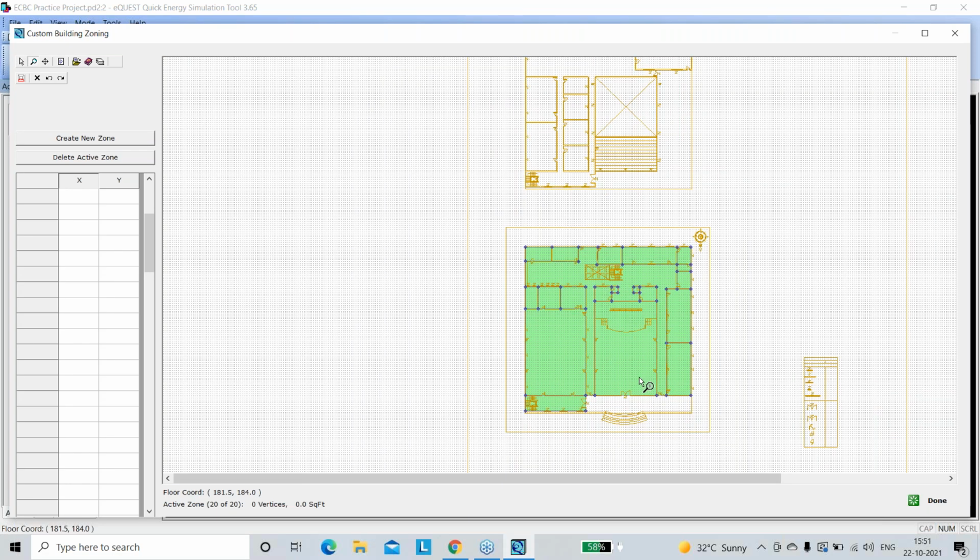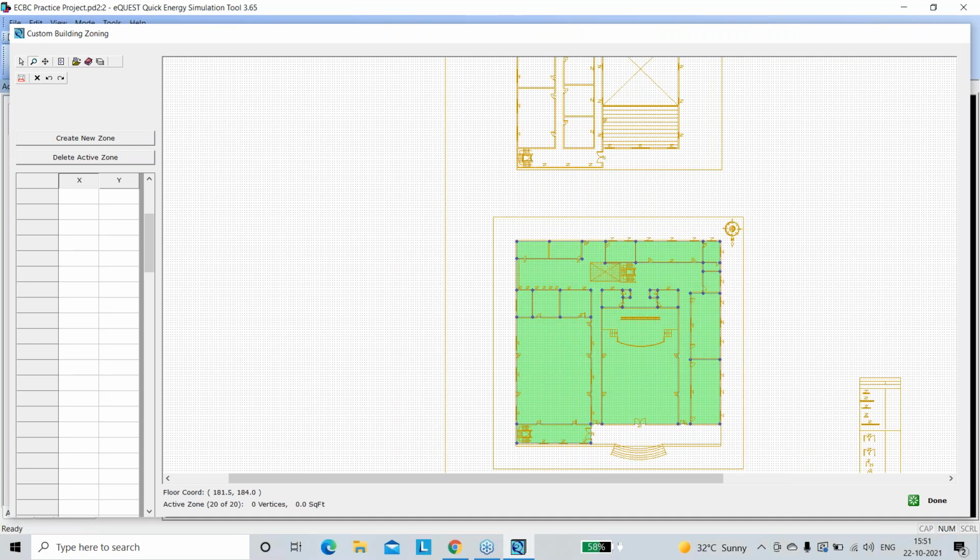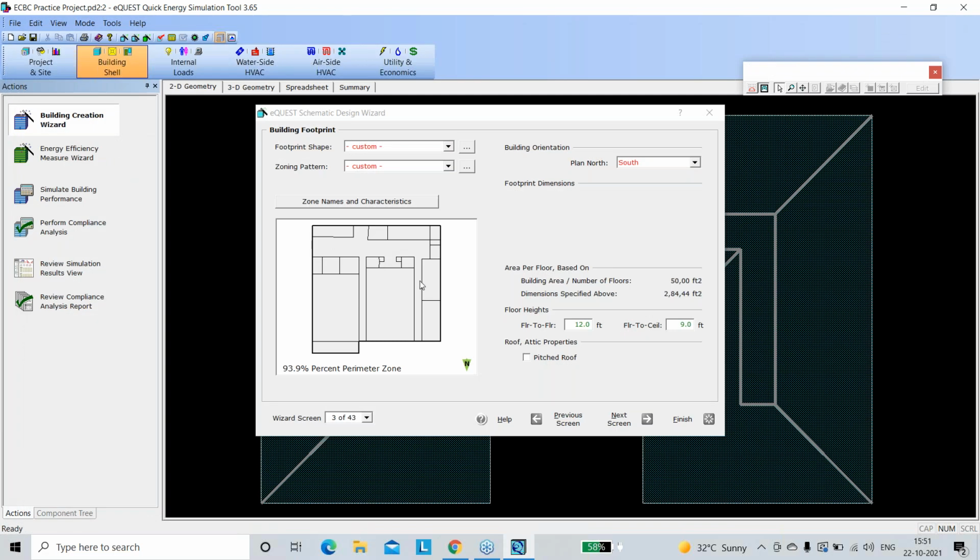So for the sake of this, you can club these things, and once you are done, if you click on done, you see my entire geometry is ready. Now in here you can give the floor to floor height and the floor to ceiling height if you have any. I'll keep it as 12 and 9 in this case, and then I'll go to the next